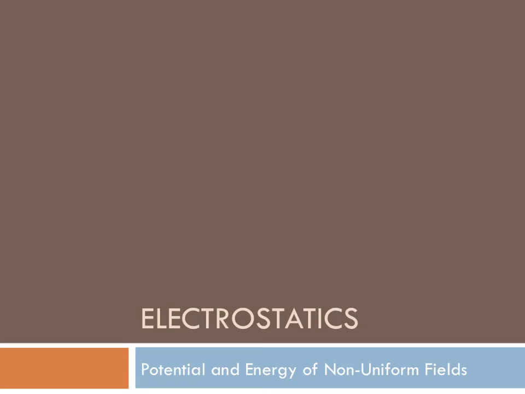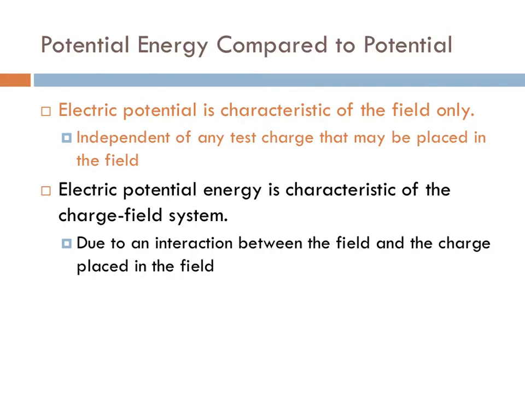This video covers potential and energy of non-uniform fields. Now, we talked about in our last video that electric potential and electric potential energy are two completely different things. Electric potential is a characteristic of the field only. It is independent of any test charge that may be placed in the field, whereas electric potential energy is a characteristic of the charge field system, and it is due to an interaction between the field and the charge placed